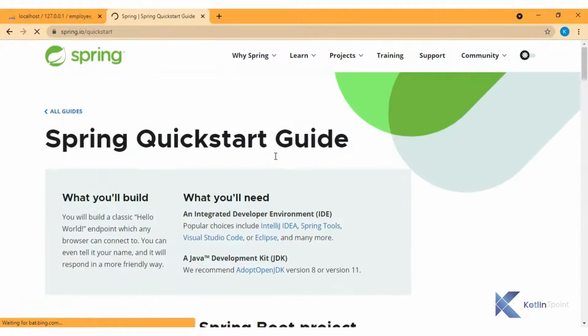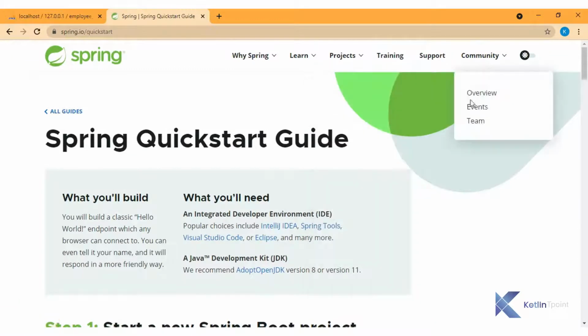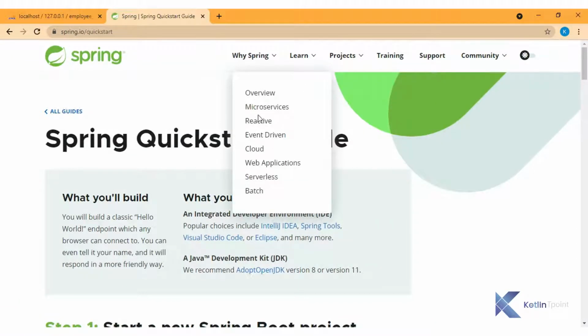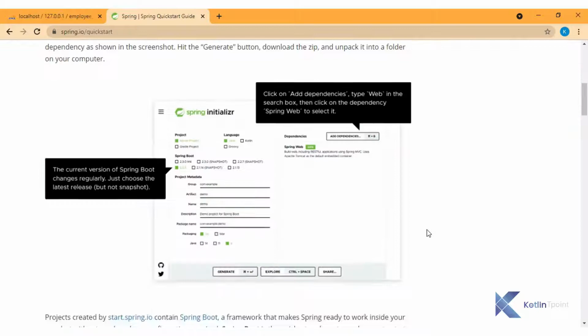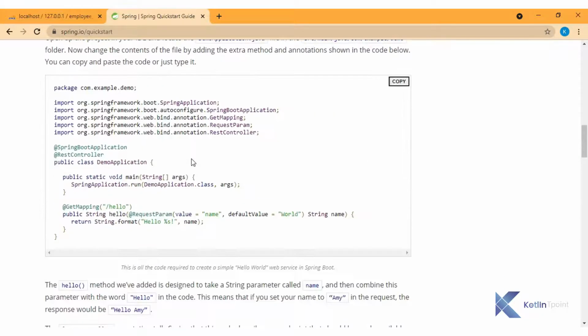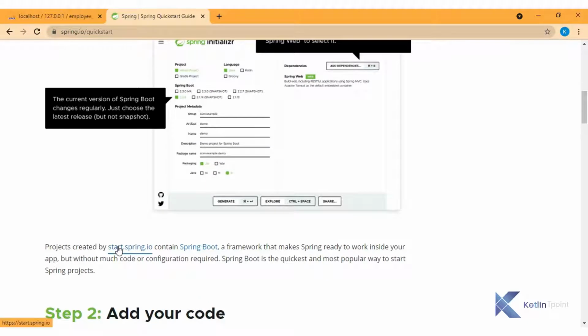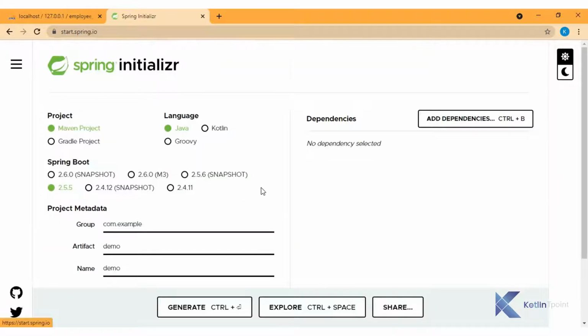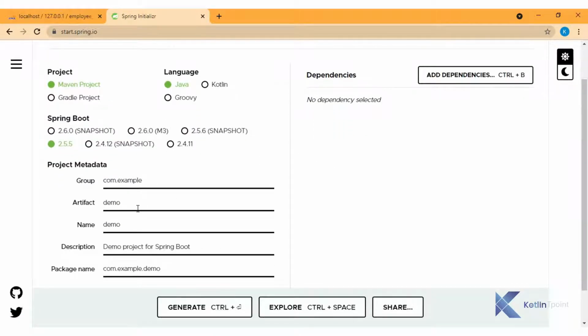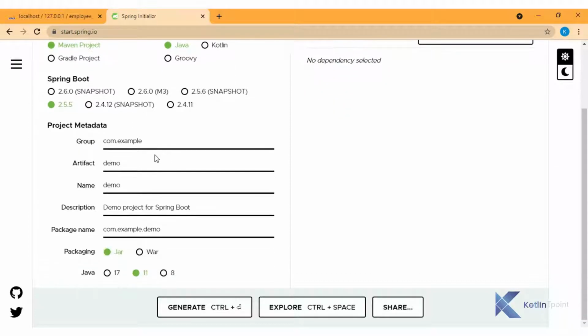You can see here we can download the project by Spring, and it is very simple. You can download the Spring application from start.spring.io, the link is here. Here we need to mention the project group name and artifact name, as we are going to use a Maven project with Java, which is a build tool, right?